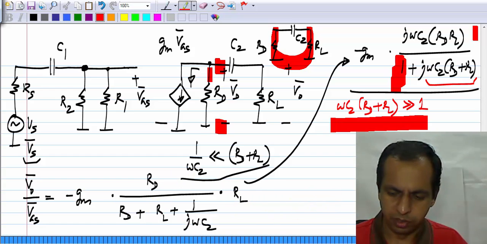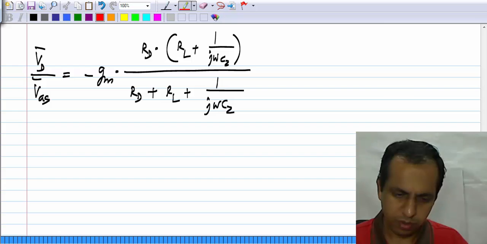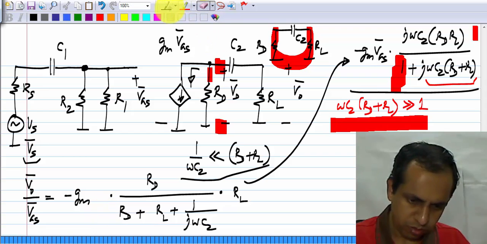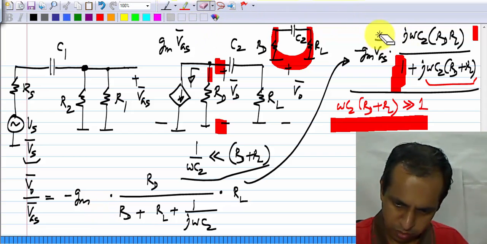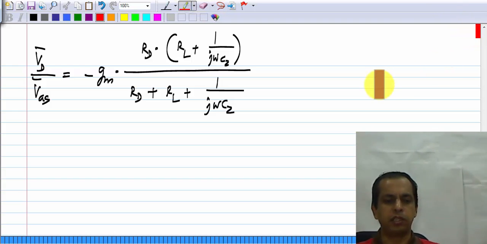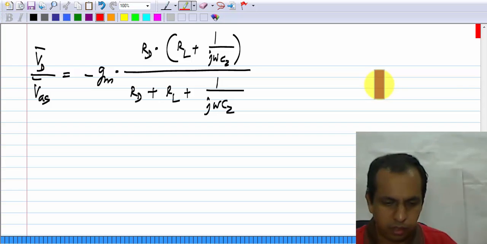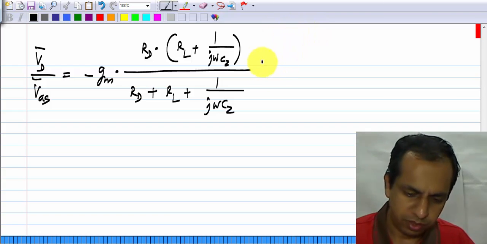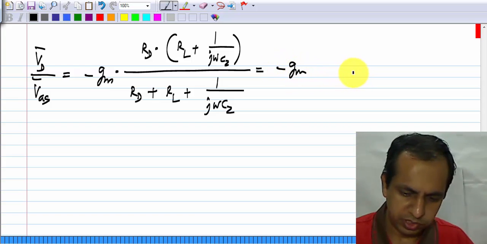If you look at this expression, the bottom line is the drain voltage magnitude will be greater than the output voltage magnitude. And this is especially so if R D is very large. So, let me rewrite this as minus G m